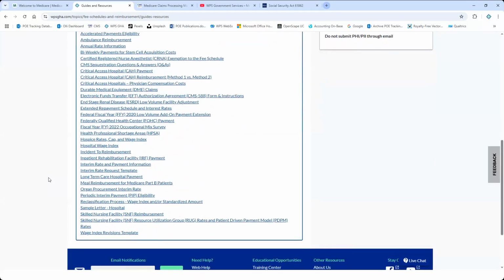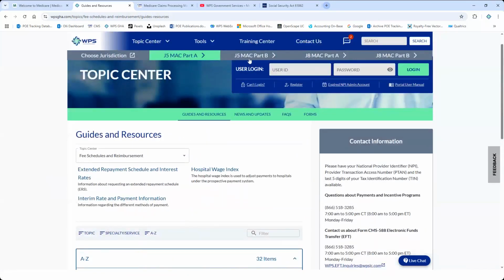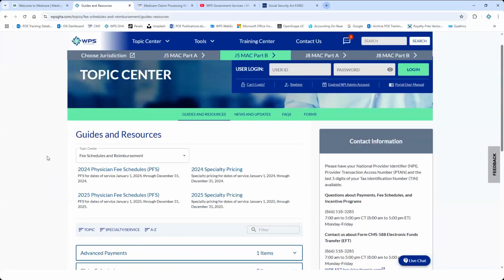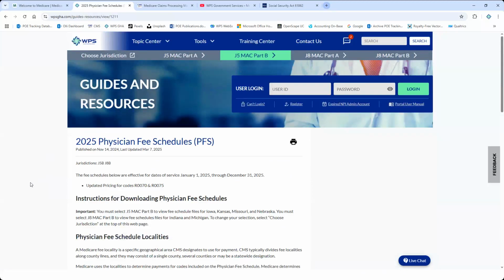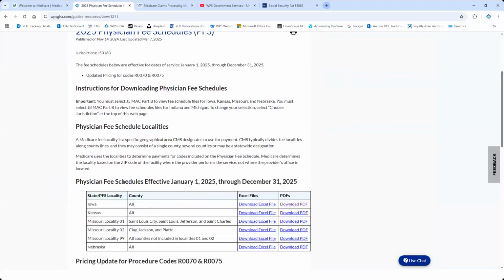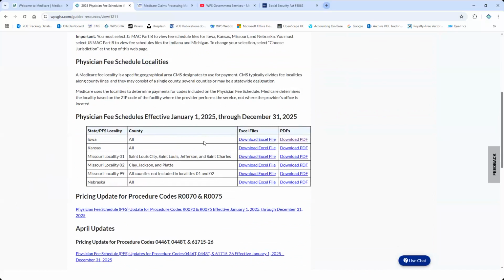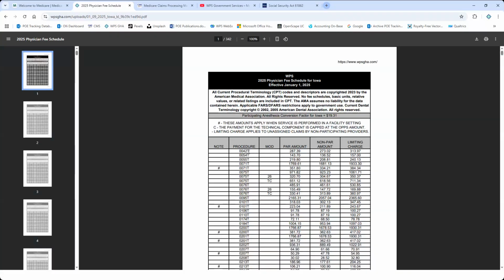So one thing that I do like about the part B one, and this is because we do post the physician fee schedule, which is the dollar amounts directly to our website. That's what this is. And when you open it up, you're able to then download any of the physician fee schedules. You can see I downloaded Iowa this year. And it's just going to be a PDF document, but it's going to tell you all the stuff you need to know about the physician fee schedule. And again, it's done by procedure code, so you'd have to look up a procedure code.